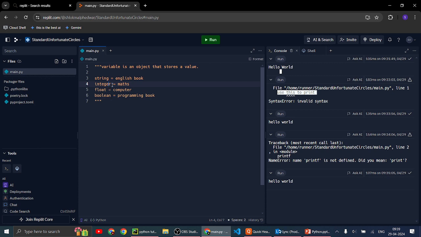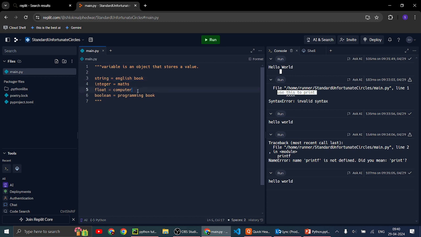We can't add a string and an integer, because the string shelf contains only English books. Nor can we add an integer into a boolean, because it just contains programming books. But we can add a float and an integer.